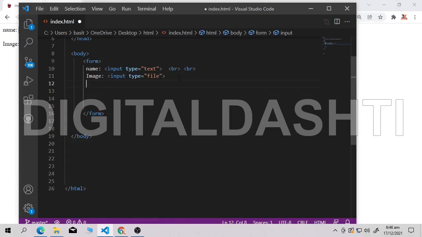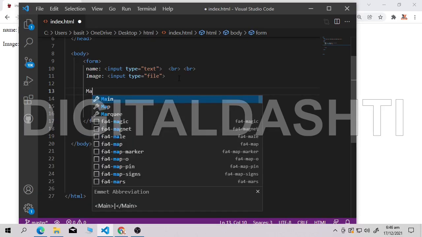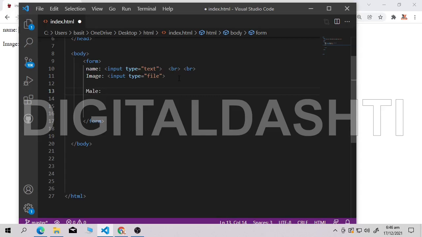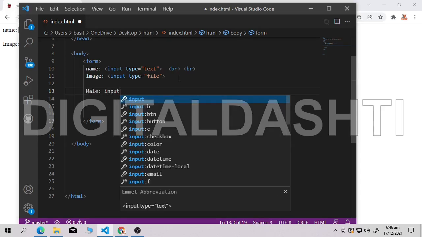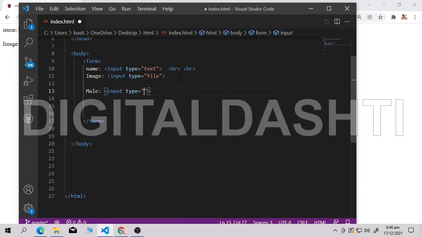So now we want to take another data, that is gender, from user. So for gender we write here male. Again you take your input tag. Now inside your type write radio. This is for male. Now copy this, Control C, and press enter.